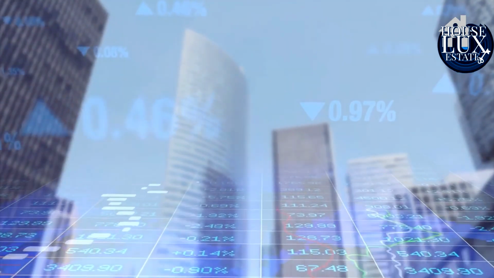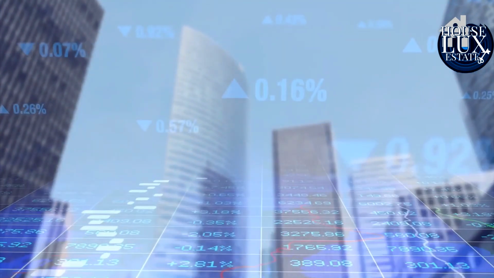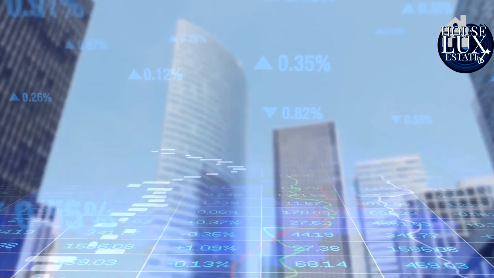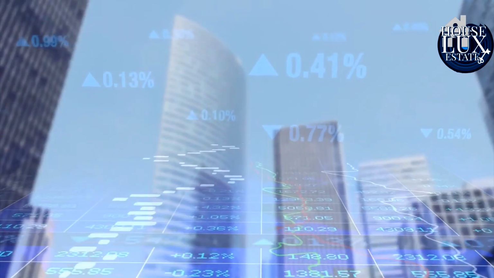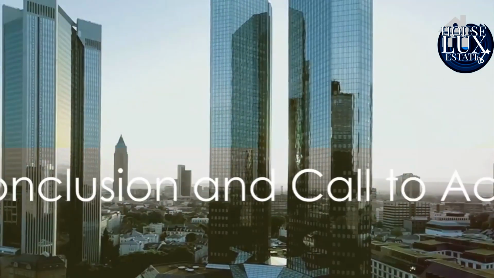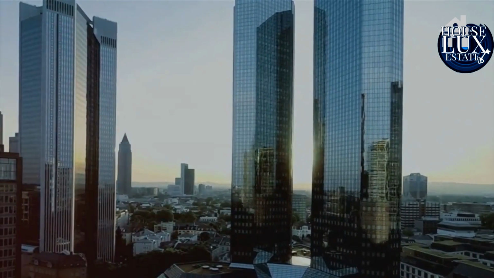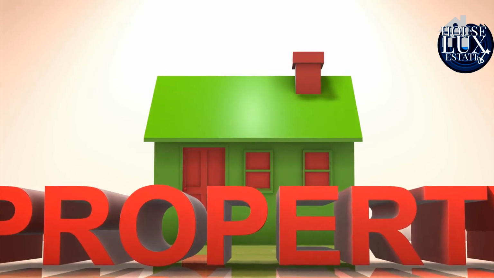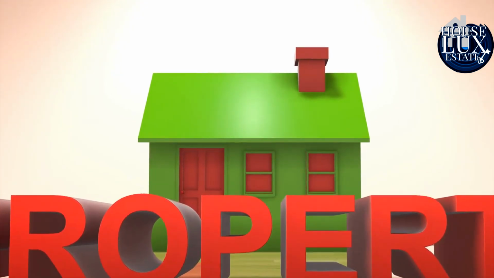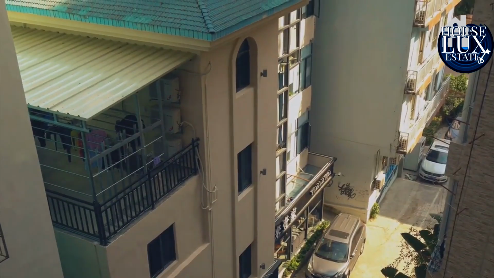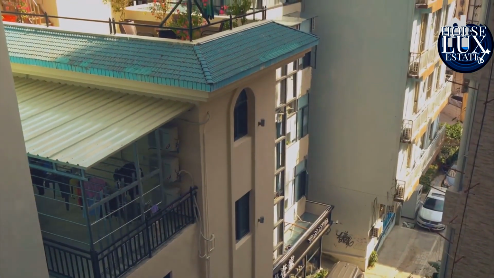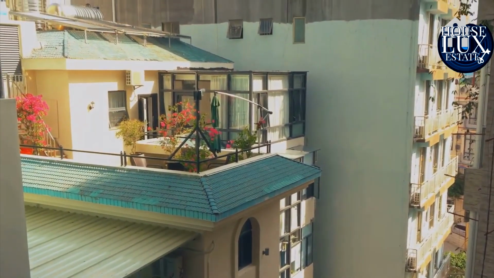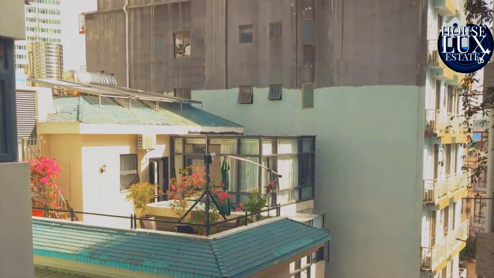As we can see, the state of the economy can greatly influence the real estate market. So understanding these economic factors is vital for anyone interested in real estate, whether you're a seasoned investor or a first-time buyer. We've covered a lot of ground today in understanding the economics of real estate. We delved into the core principles of real estate economics, shedding light on how this complex system functions. It's not just about buying and selling, it's about understanding the intricate dance between supply and demand and how they shape the market. We talked about the crucial role of location and its impact on property values.